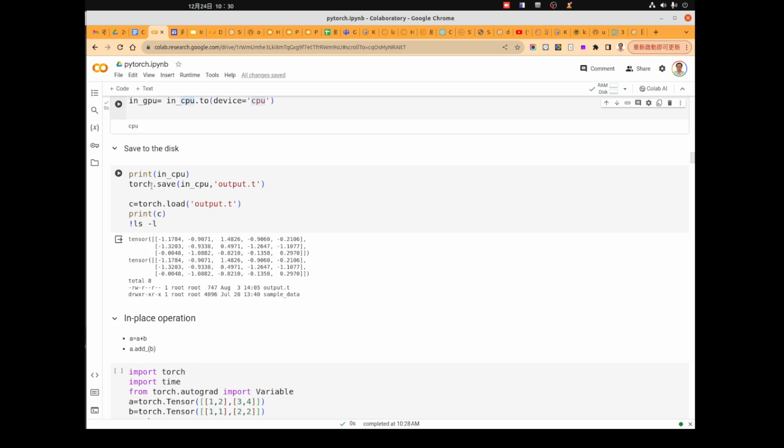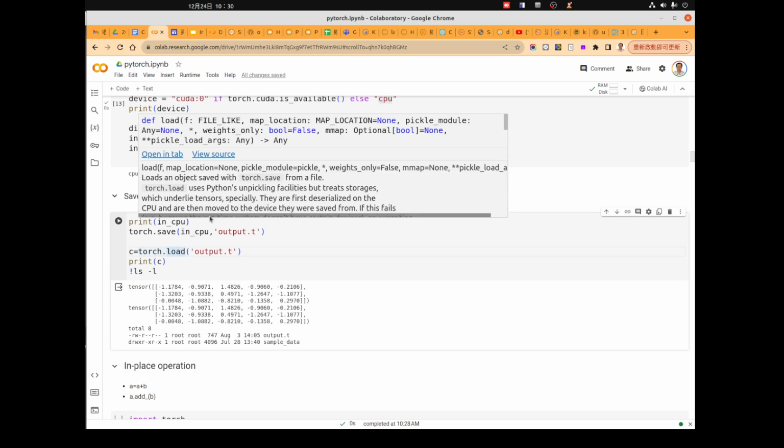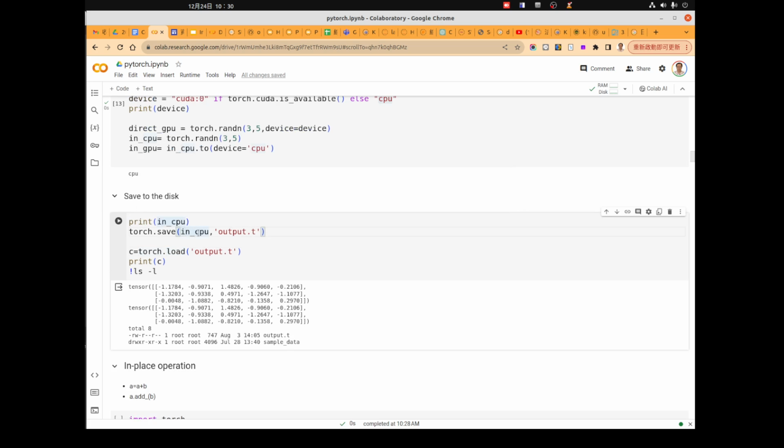And of course, we can save the data to the disk by using the save and load functions here. Be careful that when we do this, we must make sure the data is on the CPU. If we are not sure, it is always a good idea to move the data to the CPU here.